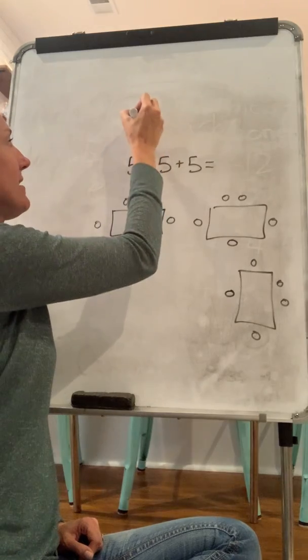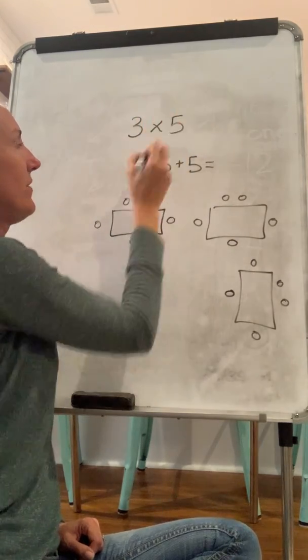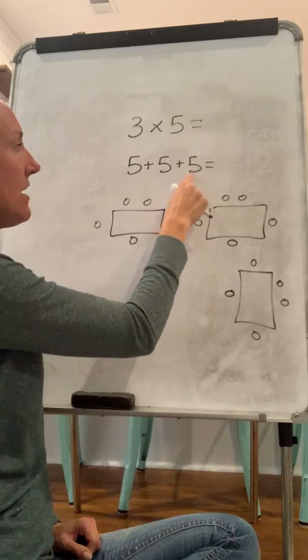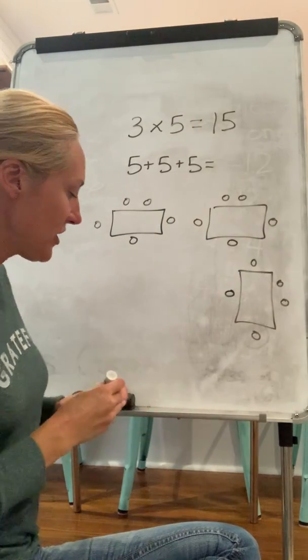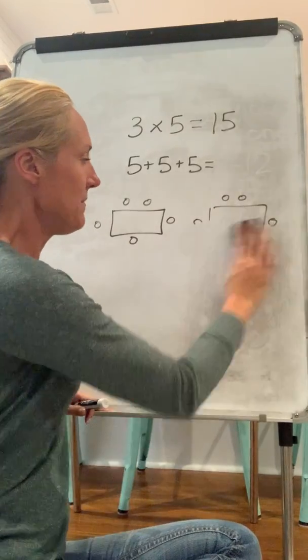Well, what is 3 groups of 5? 3 times 5, 5, 10, 15. You got the idea? All right, so let me give you a word problem and have you practice it on